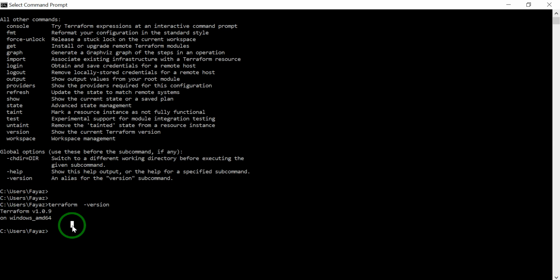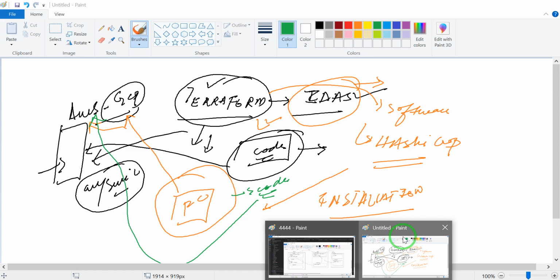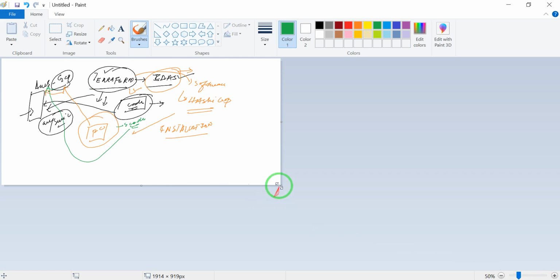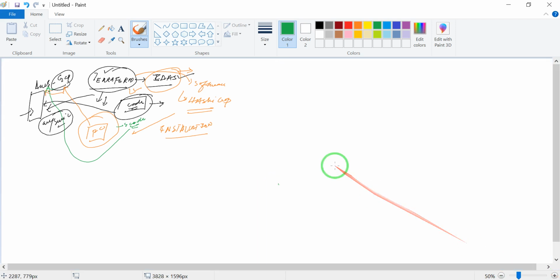I already told you that I will show a demo to provision your instances with the help of Terraform. So I will write code to provision the instance.